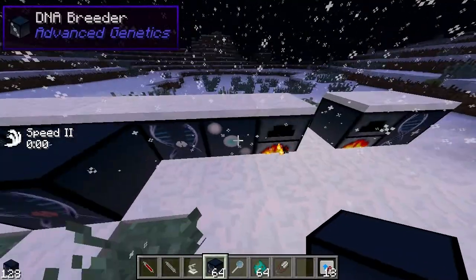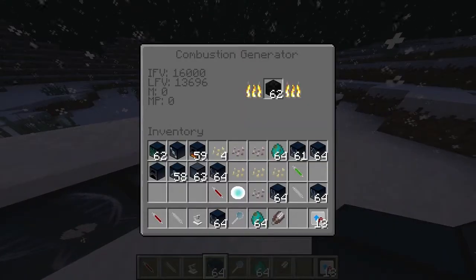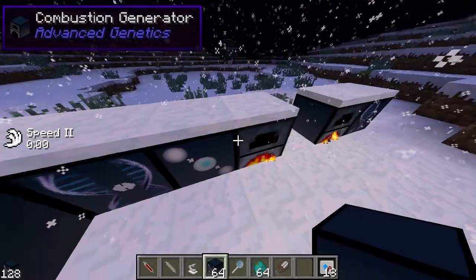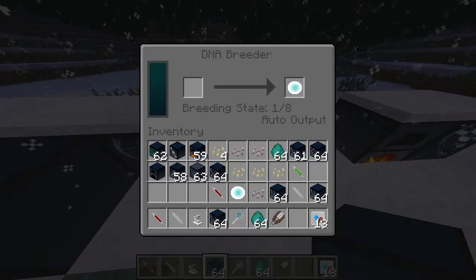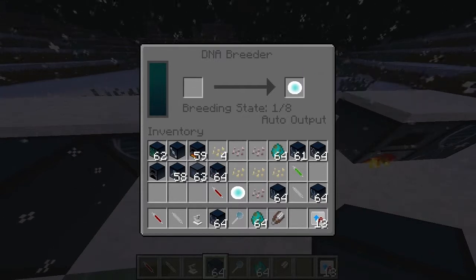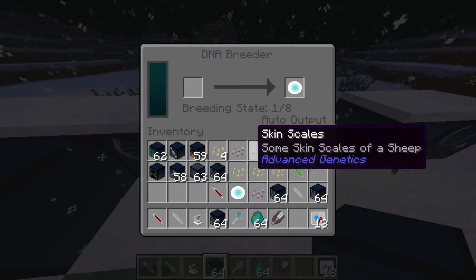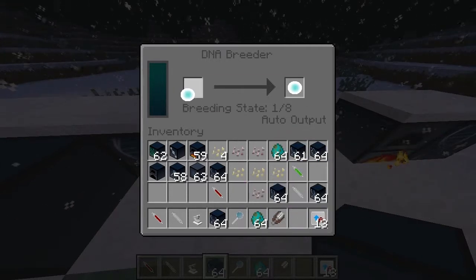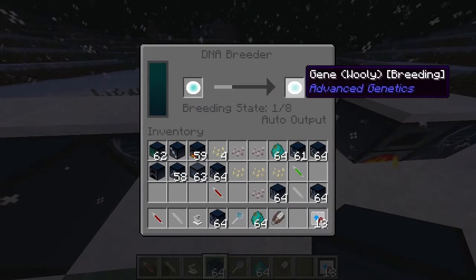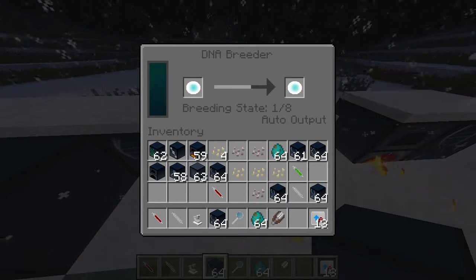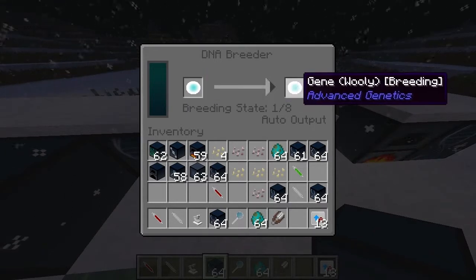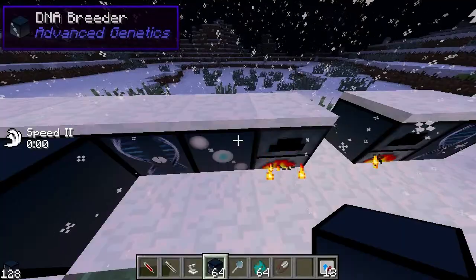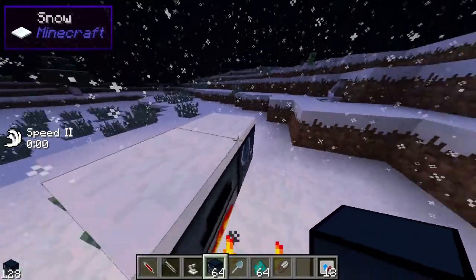This is a combustion generator, which is a new power source block. So when we do this, we would put in our gene, and we would then have to perhaps put in, say, more basic genes here. So we've got a woolly gene. Put in more basic genes, and then we can get more out there. And